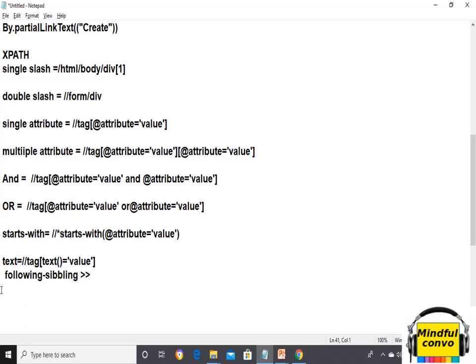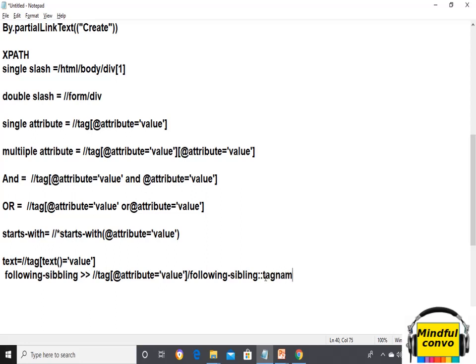So if I am on the first A and I want to navigate to the second A, then I will use the following sibling. The syntax of this is tag, some attribute, let's say value, and following-sibling, then double colon, and the tag name, let's say div.